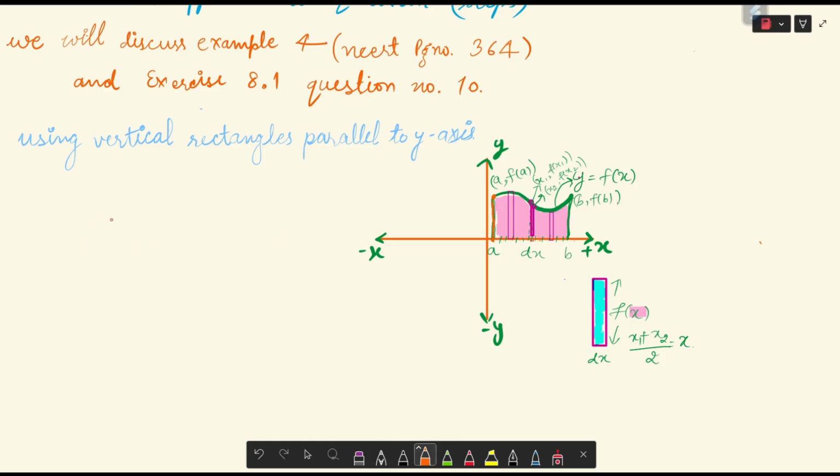So what we are doing, we will have a shaded region. We will divide the x-axis into very small intervals of length dx, and we'll form a rectangle parallel to the y-axis. This will be treated as a line for a very small segment, and then we calculate the area of this rectangle as f of x into dx, and then we have to do it from a to b, right? x is varying from a to b,